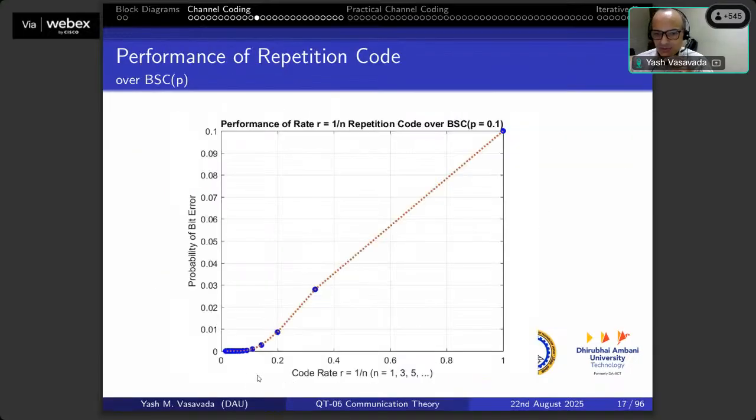What I'm showing on the x-axis is the code rate, 1 over n. So when there is no coding, n is equal to 1, R is equal to 1, p is equal to 0.1. When we do repetition coding with rate 1/3,